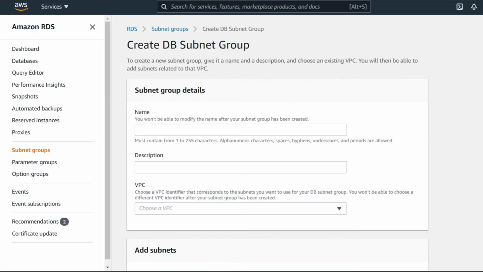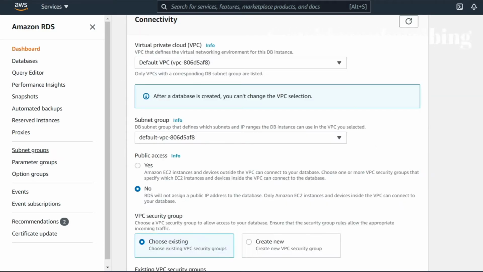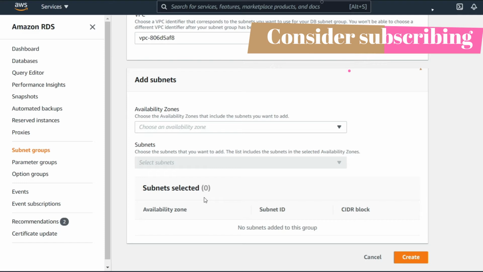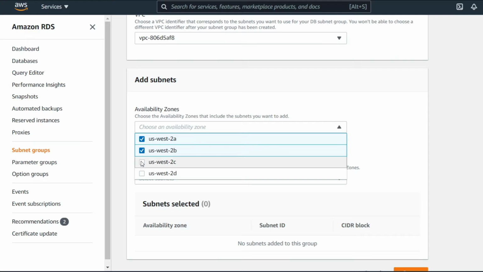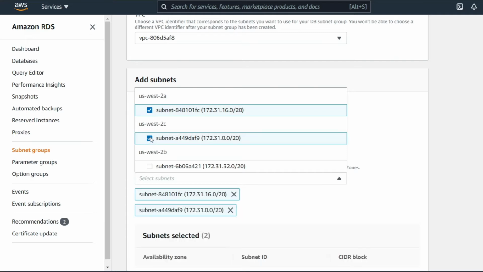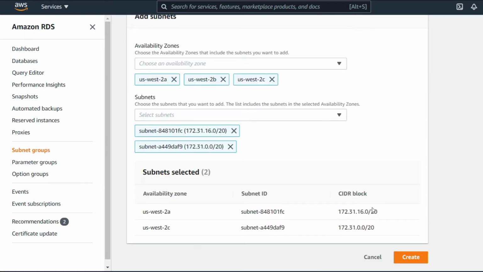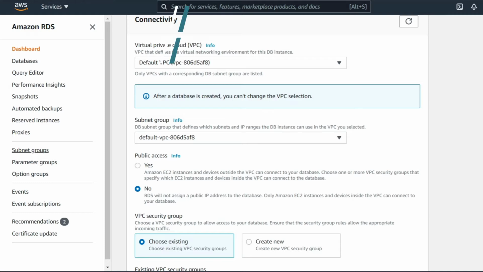Okay, now let me show you how to create a DB subnet group. Let's choose a VPC. I think this is my default one. Let me check once. Yeah. And for availability zones, which ones I want to create this in, it will be optional to choose. And in each availability zone there can be multiple subnets. You can select them and you can create. That's a subnet group. If you want to create it in a private subnet group or in a public one, this is how you choose it. You have to create a subnet group.